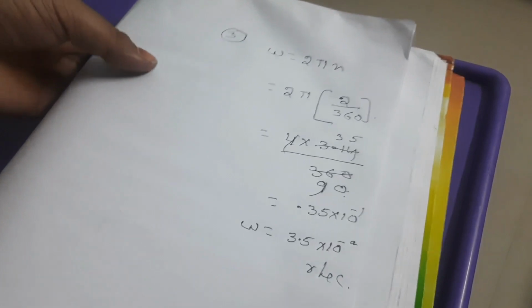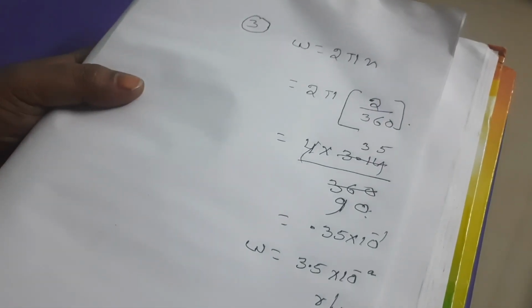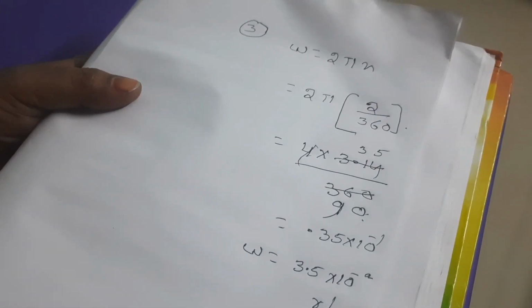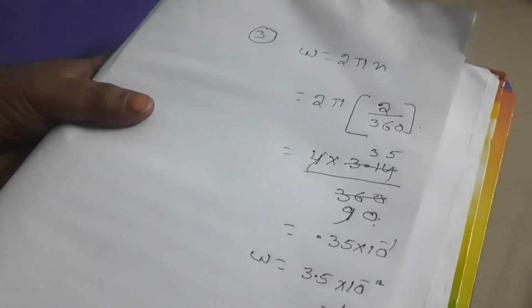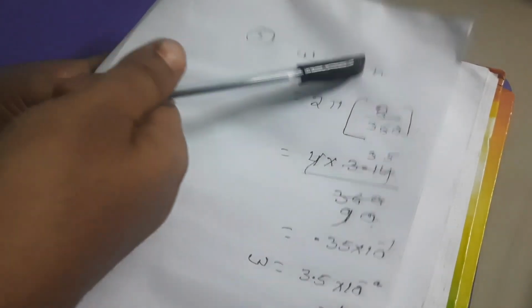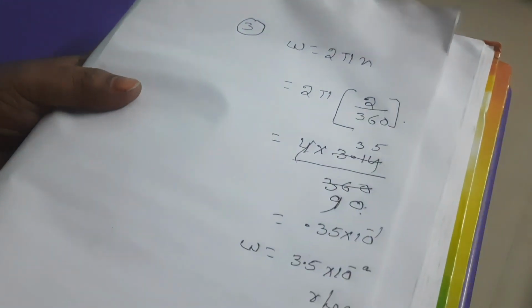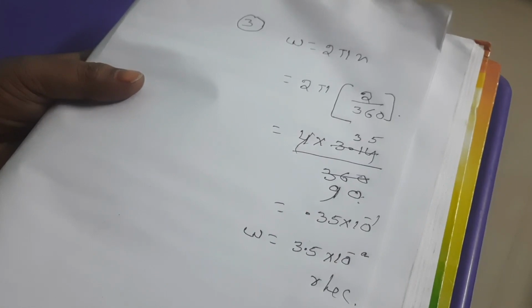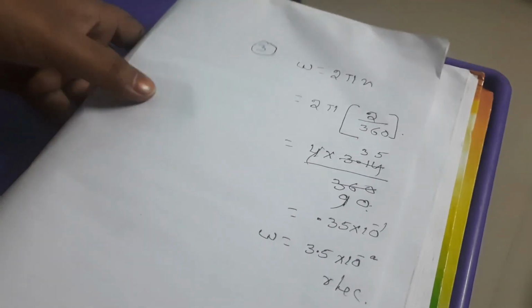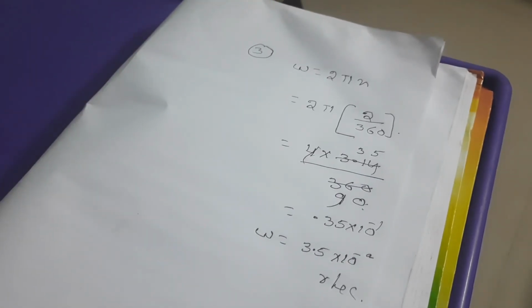Look here, the given data is what? The n value they have given. 360 days it is covering 2 revolutions, means 2 by 360. Instead of n, we are taking 2 by 360. After simplification, we are getting omega equals 3.5 into 10 to the power of minus 2 radians per second. Then our fourth problem is,